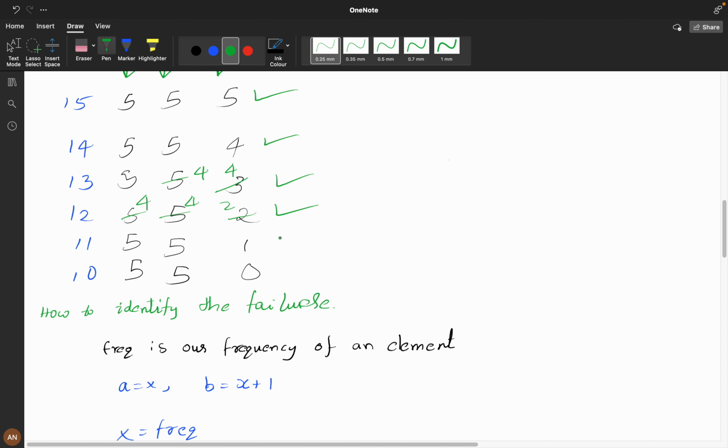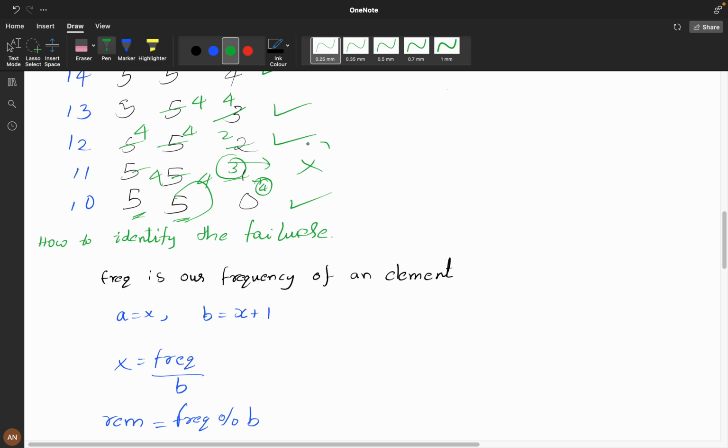But if you see here, if you want to make 1 to 4, it's not possible, because if you make it 4, it can go until only 3. It can't reach 4. This will not satisfy my condition. This is a valid bad subsequence. If it is 5, 5, 0, we can take this 2 and it is satisfied. So we have identified the failure, at which conditions we will get a failure.